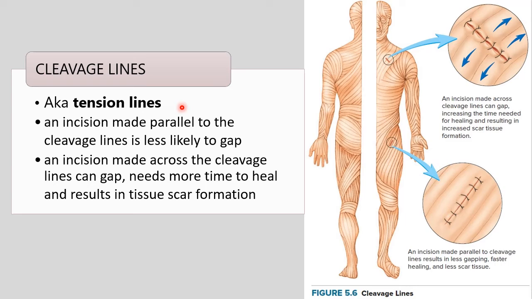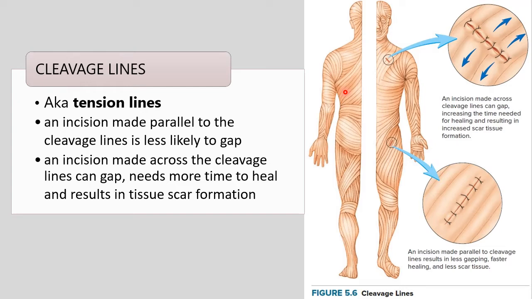This is what you see here. In certain parts of the body, they are oriented like this. Here, it's like that, the direction of your cleavage line. So what is the significance of knowing the cleavage line? An incision parallel to your cleavage line, for example, if you get a wound here, also in that direction,